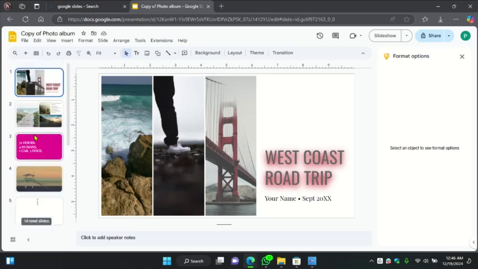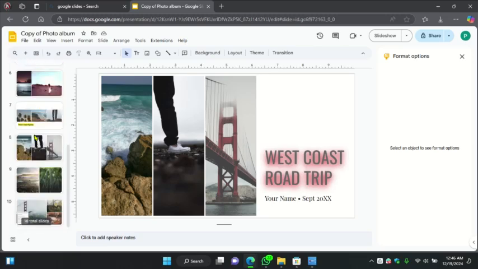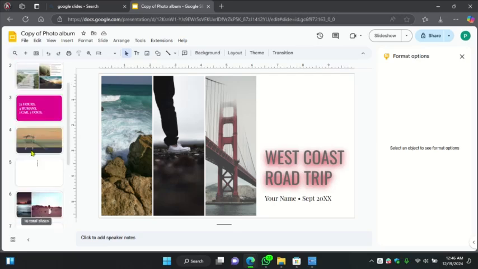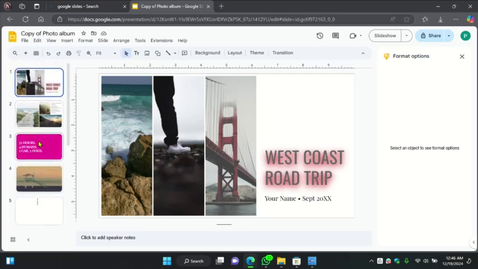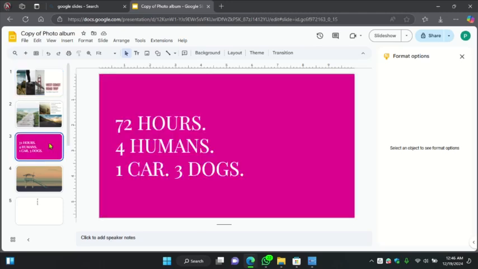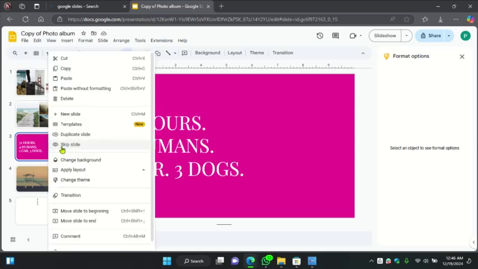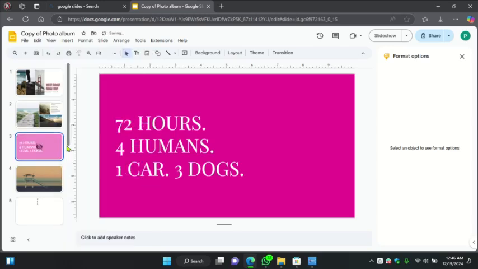So this is my slide right here. So I want to hide a particular slide from this presentation. For example, I want to hide this particular slide. So I'll just right click on it, then I'll tap on skip slide. So this hide icon here actually means that this particular slide has been skipped from the entire